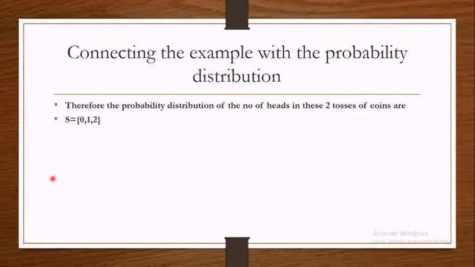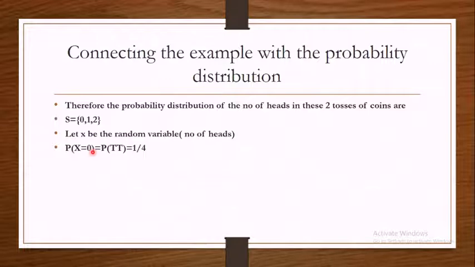So I hope you know how I got S is equal to 0, 1, and 2 when I define the random variable X as the number of heads that turn up when I toss the coin. So when P of X is equal to 0, what is the probability? That is when no heads are turning up. You have to be very clear about what your X is. This X is defined as the number of heads. So what is the probability of getting TT? Right, so there I don't have any head.